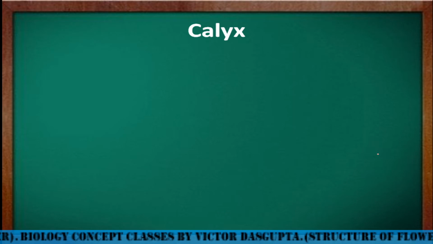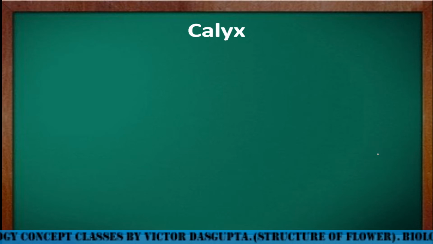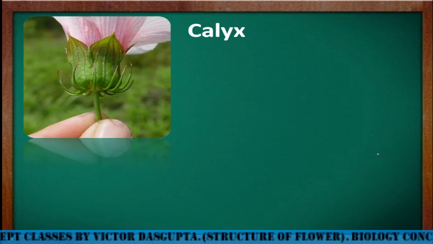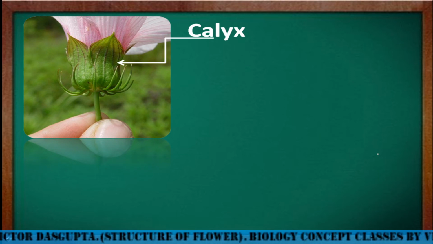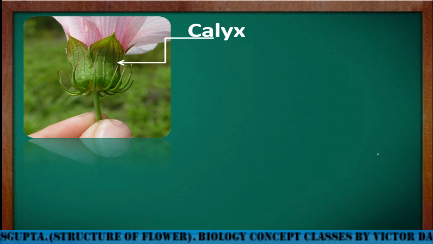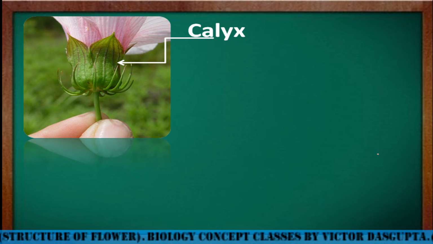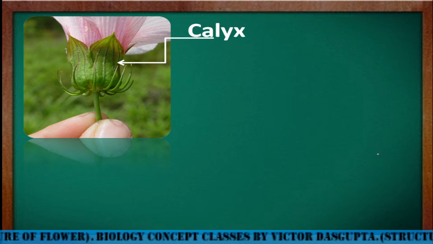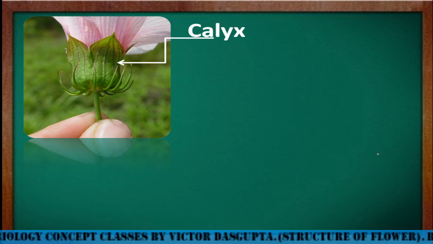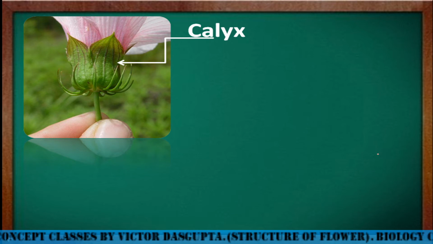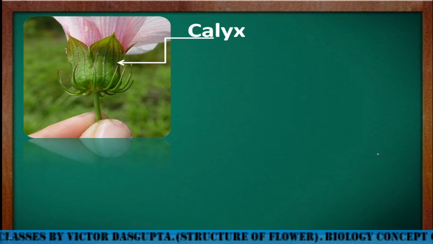Clear? Next we will proceed to the next vegetative part, that is calyx. You can see here the calyx part, actually not the base one. The base one is known as epicalyx. Sometimes if it has an epicalyx it will be termed epicalyx, but next to the corolla, or petals, it will be calyx or sepals.